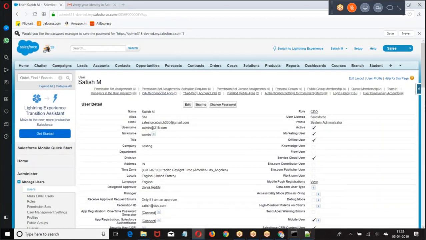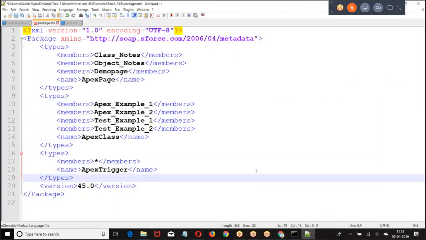Right. Now, the code that I fetched, I want to deploy into this org.